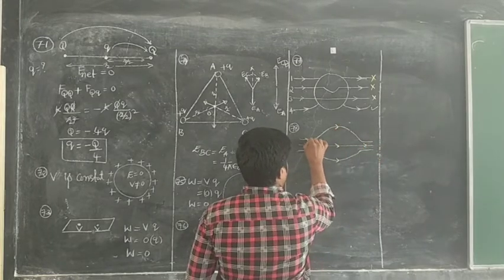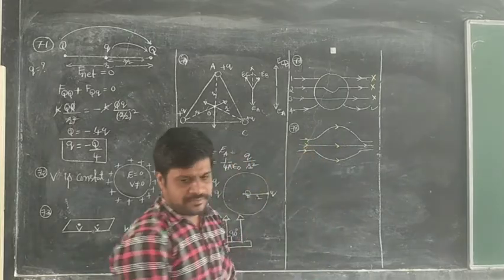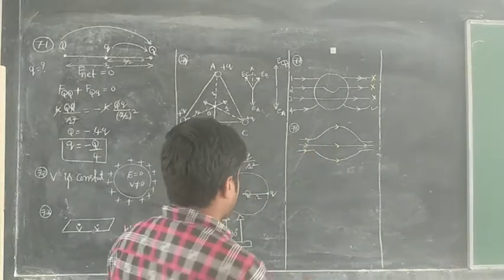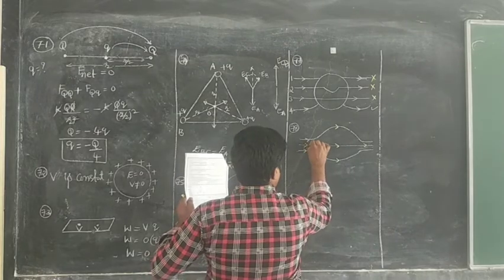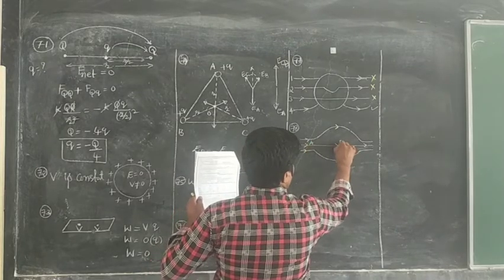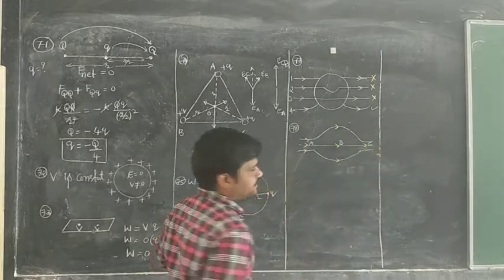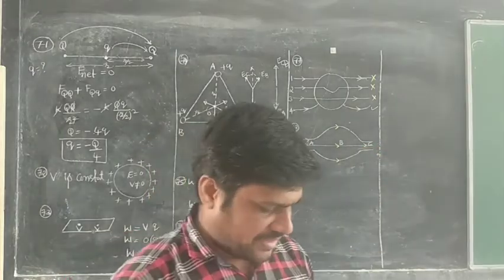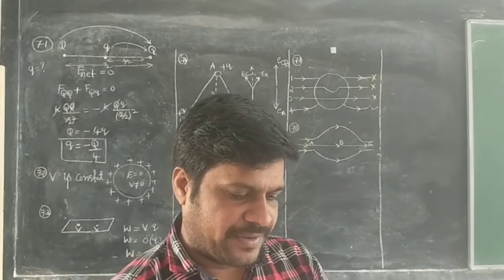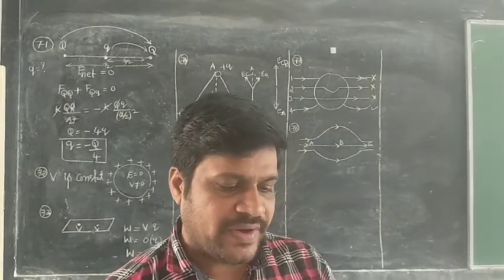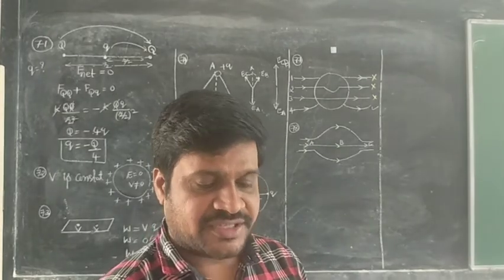Now let me see what question they are asking. At the same time, there are some names given. This is the point A, right? This is the point B. This is the point C. What they are asking is, the figure shows some electric field lines corresponding to an electric field. The figure suggests that